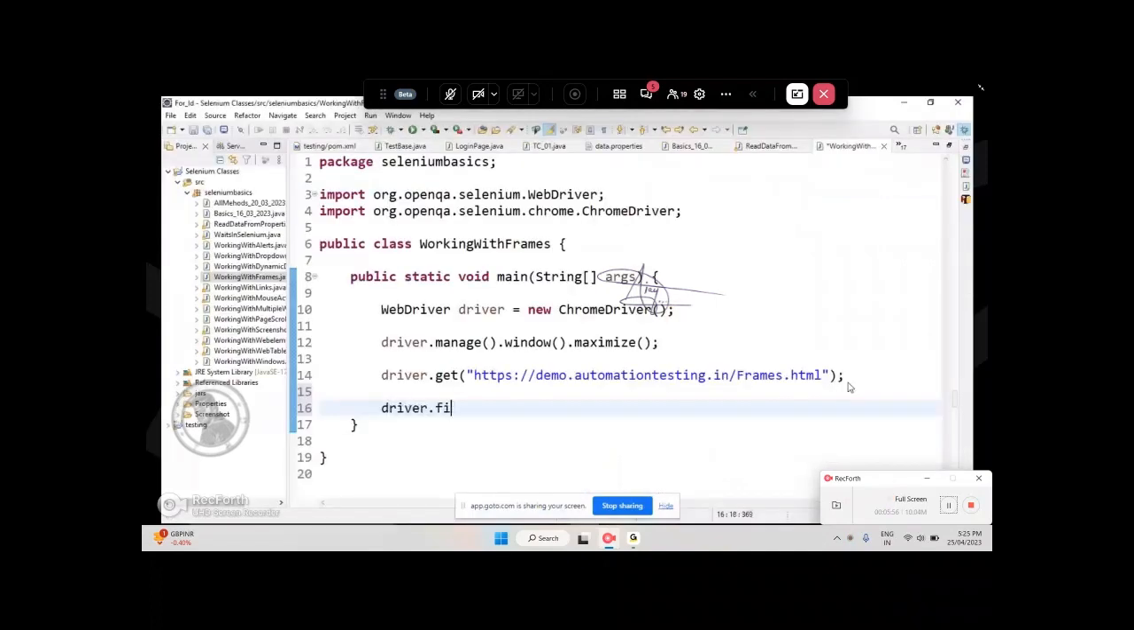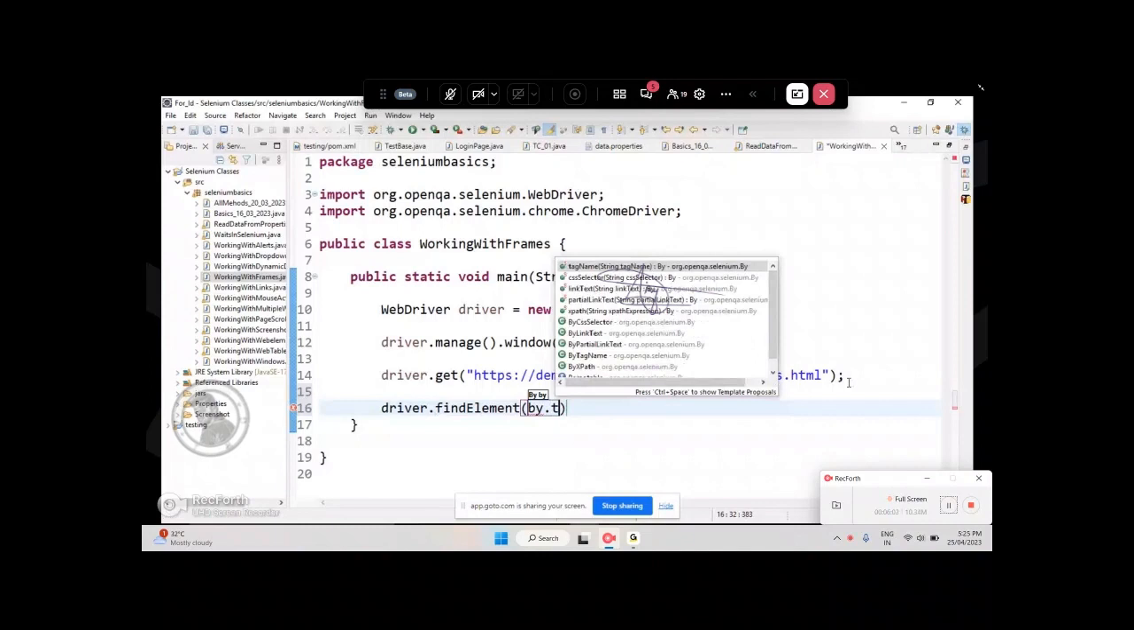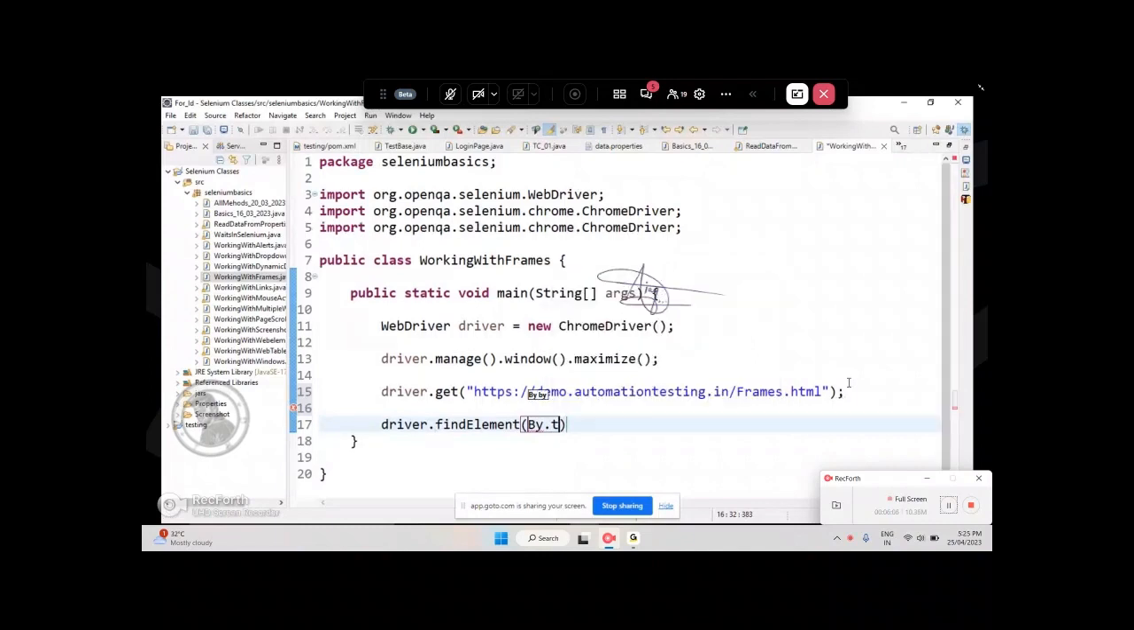and so driver dot find element by dot tag name is the locator. Directly paste the tag in double quotes, control V, and then dot send keys. Inside the double quotes, I am giving Surya. And then semicolon. Now, when I run this program, so you can see